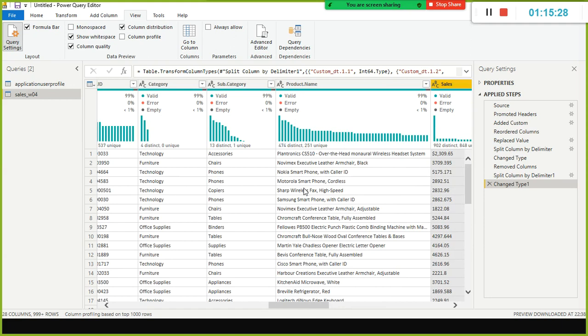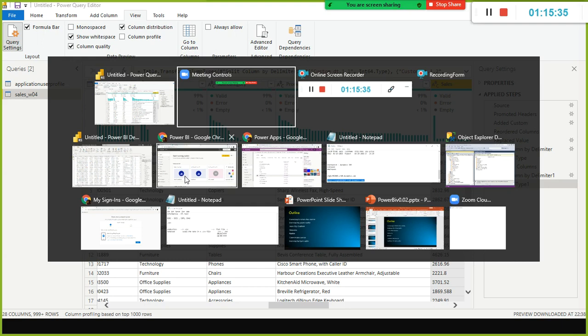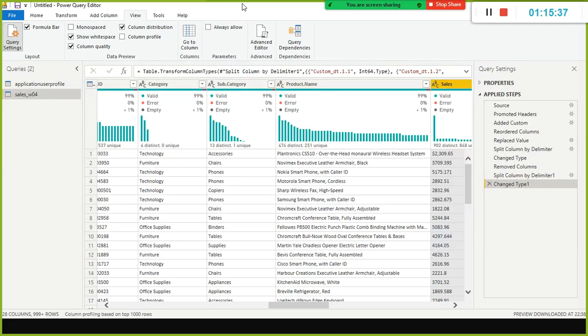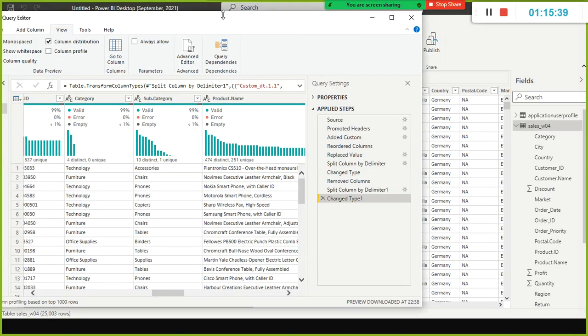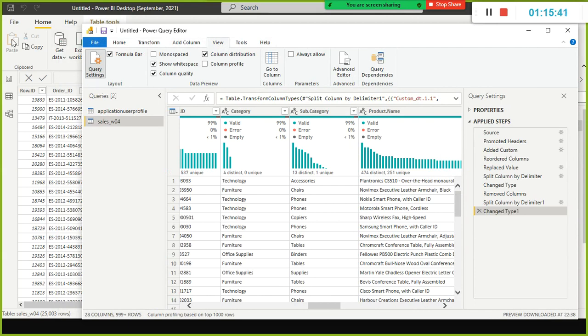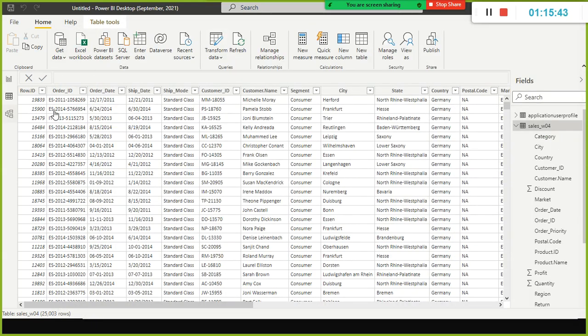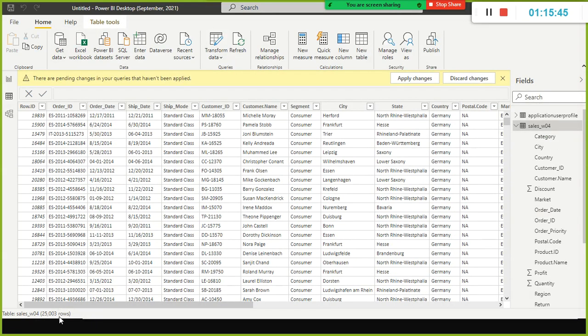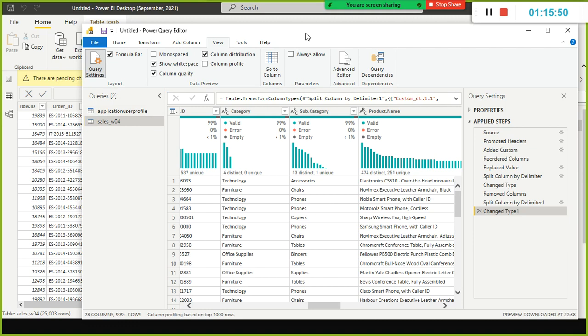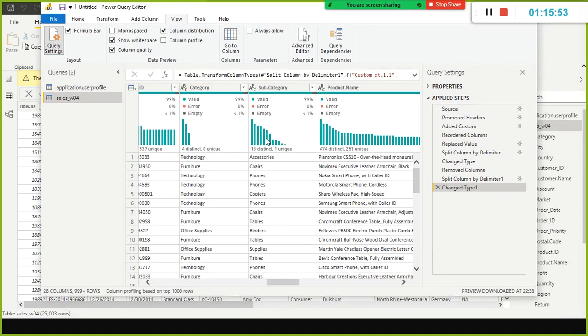In the case of product, how many, look here, especially when you go to the data pane. We are in the transformation pane. One second, I will go to the data pane. When you go to the data pane, you can see at the bottom 25,000 records are there in this one, right? So when I click transform data, it takes me here. This is where we do all kinds of data cleaning.